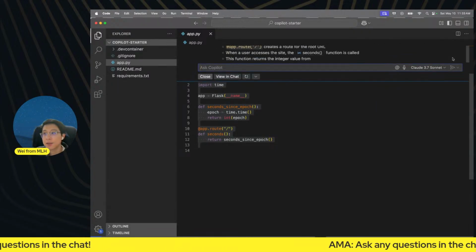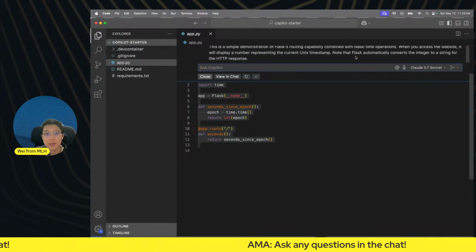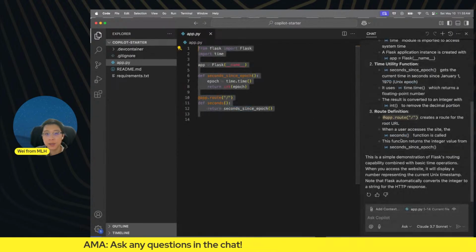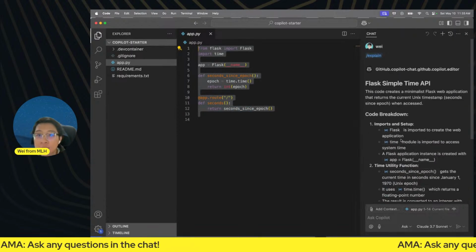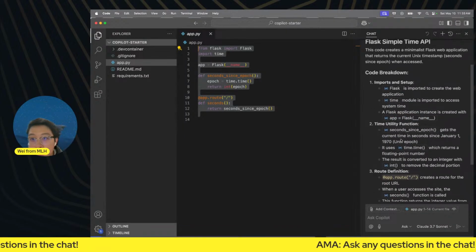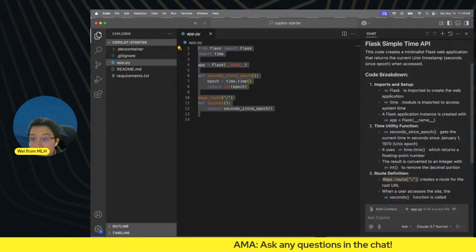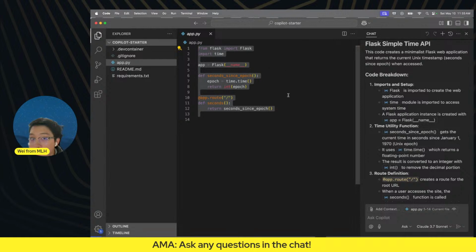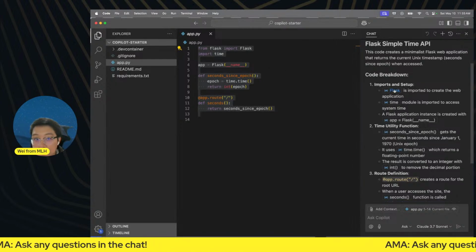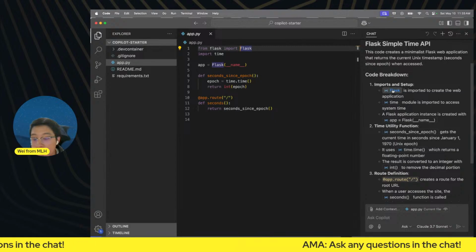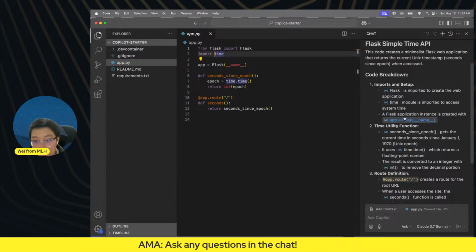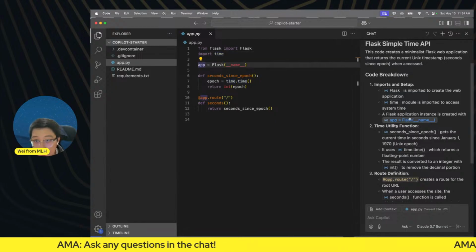Okay, so now you can see it is generating some response. Let me actually click view in chat so I can have a bigger window here. And just like that, Copilot has given us a breakdown of all the components in this piece of code and what everything is doing. You can see Flask, it even has syntax highlighting. So Flask is imported, the time module is imported, the Flask app is initialized.